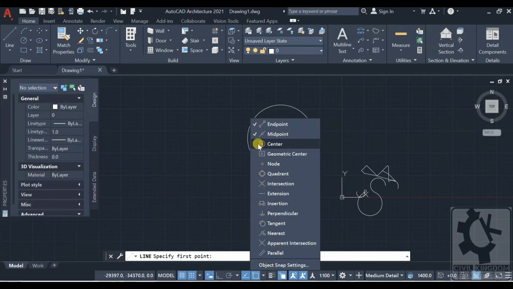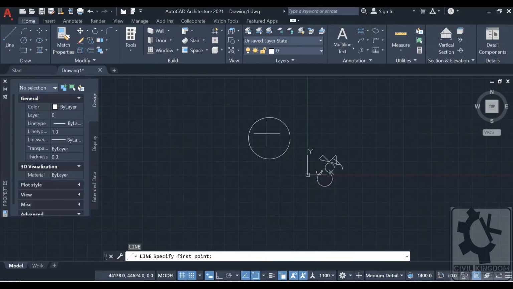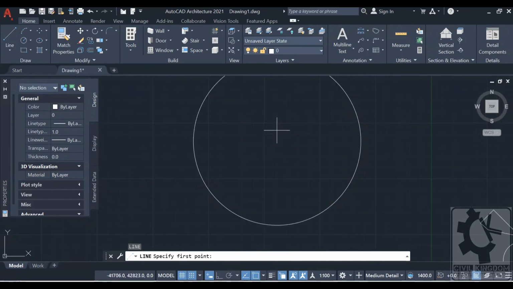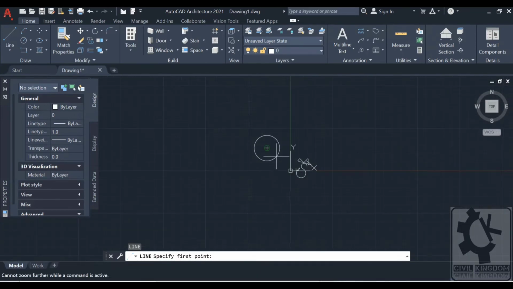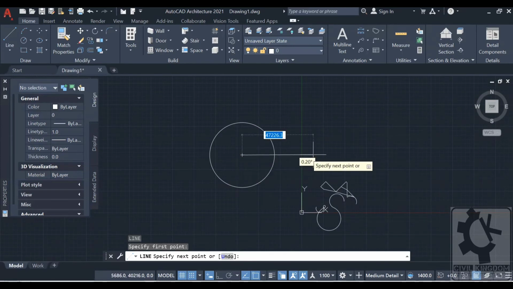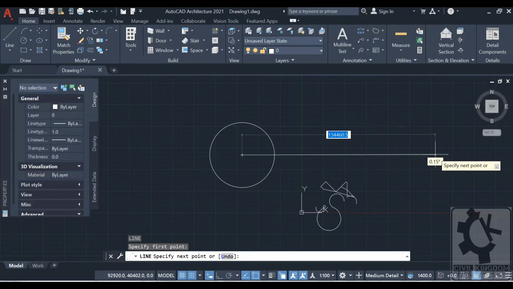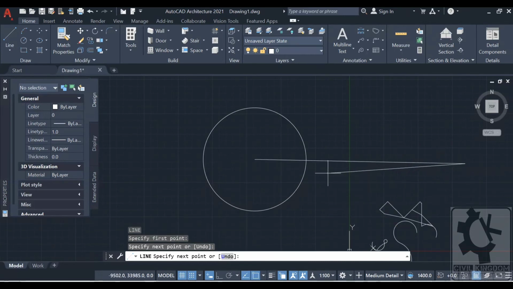If you mark the center also, now it will show the center. As you can see, if you bring the mouse to the center, that's your line from the center of the circle.